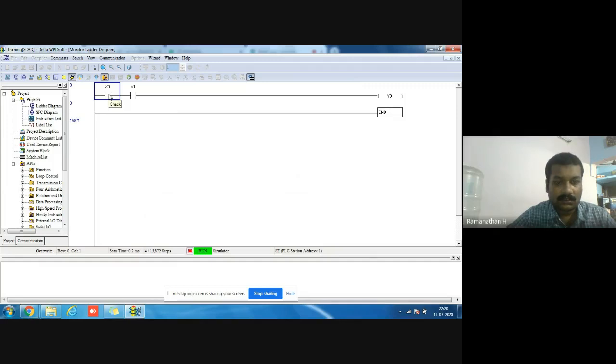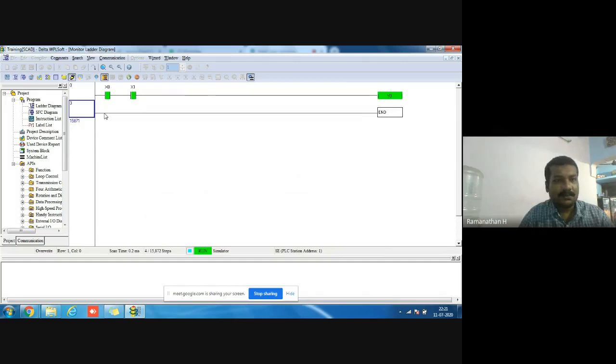Then 1, 1, the output is 1. It's a simple AND gate.